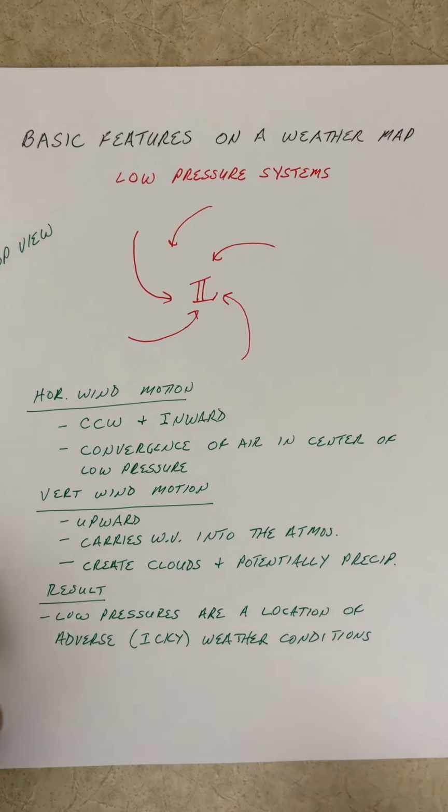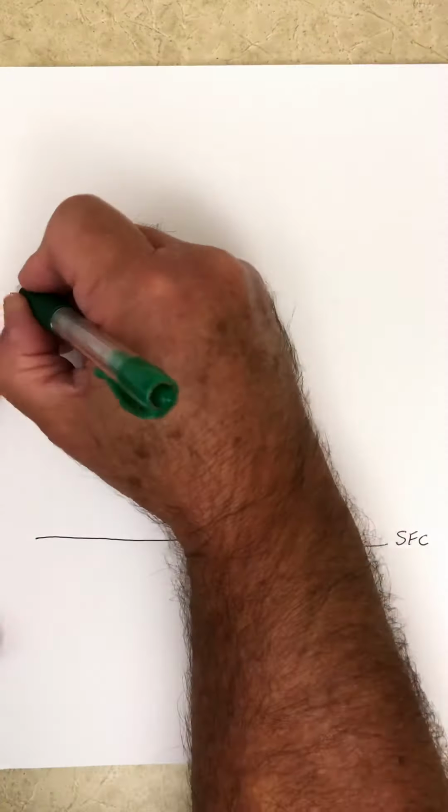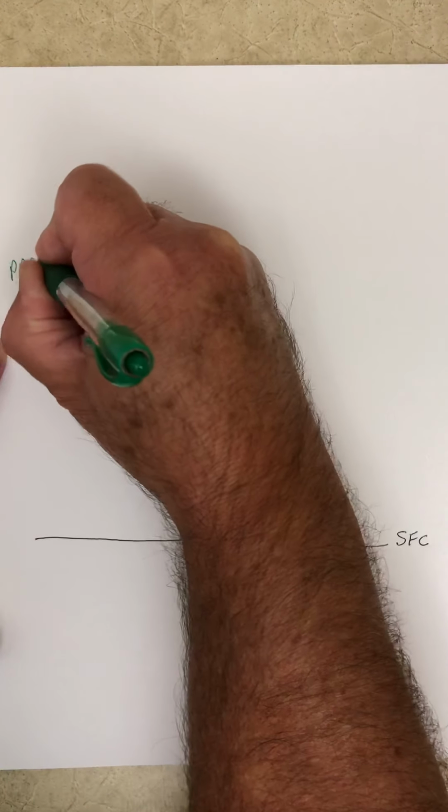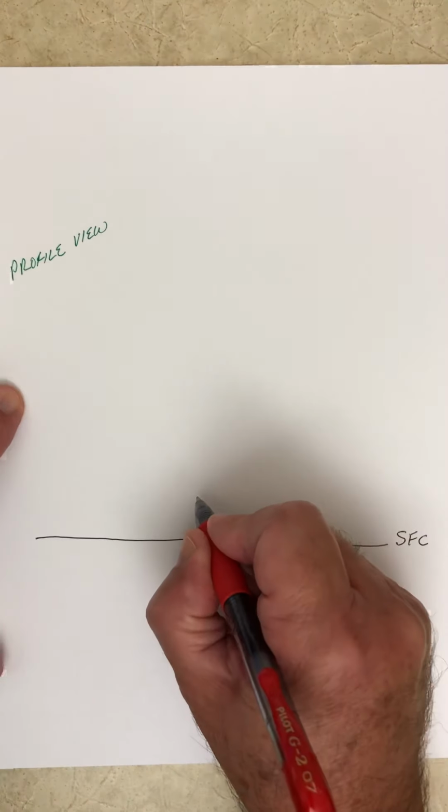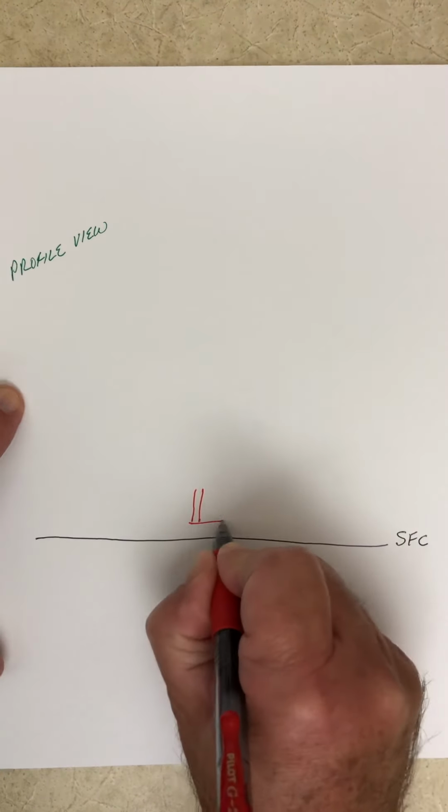Another view that I'll give you of low pressures is a profile view. I'm going to abbreviate, and you'll get used to this through the semester: SFC is my abbreviation for the surface. Here we're going to look at this as a profile view. Instead of the top-down view, if you were able to look across the horizon at the surface, and see a big red L representing low pressure at the surface,